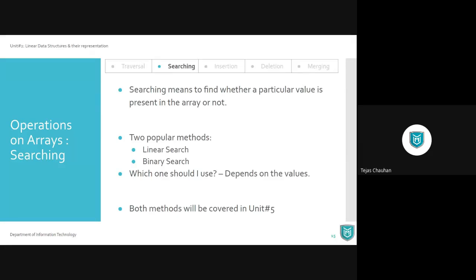In your unit number 5, you are going to learn both these algorithms, linear search and binary search. At that point of time, you will learn both these methods. Now, when we have two different ways to perform a task, there will always be a question: which one is better?